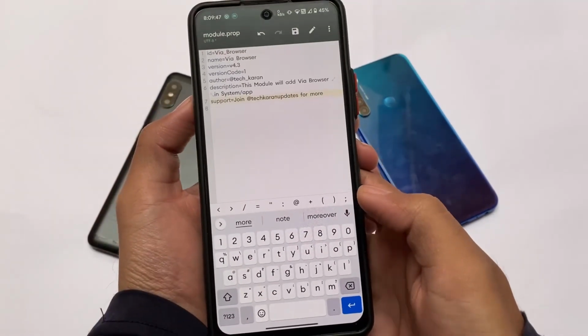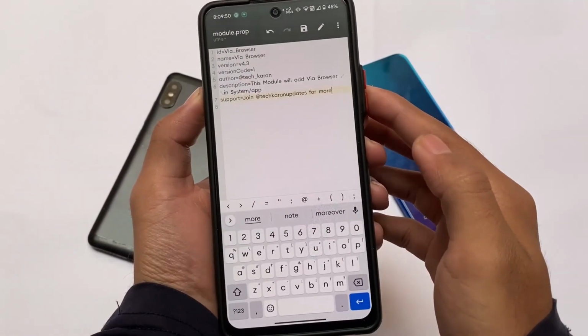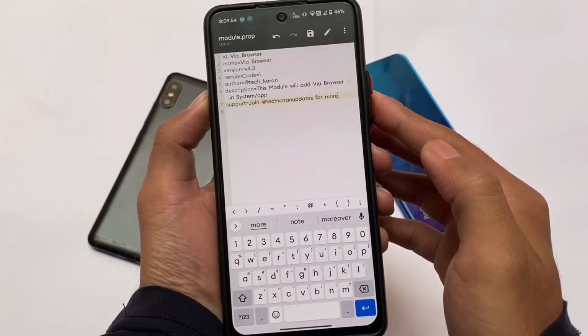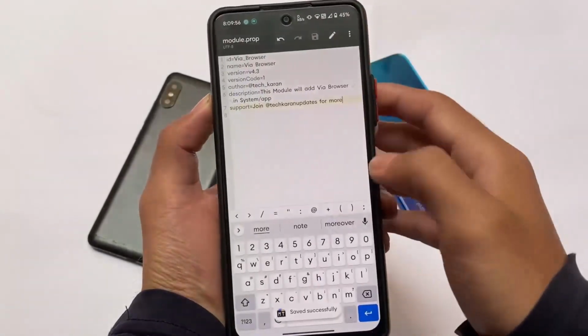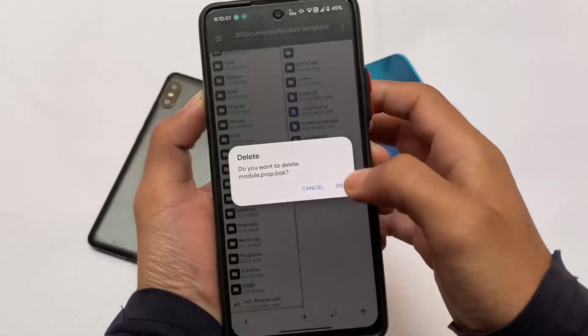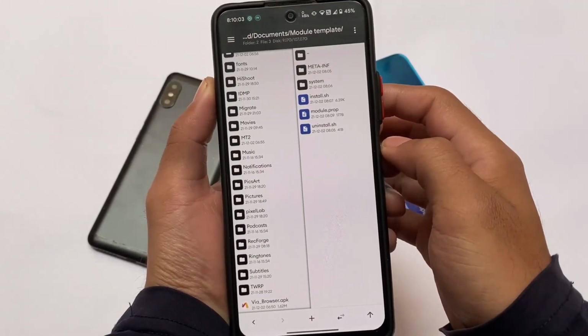What you need to do is, of course, save this file first, because if you don't save it, you need to write it again. So make sure to keep this in your mind. After writing all these things, click on verify and you're good to go. You are saved. Now go back and delete all the backup files, whatever you have. You're good to go. Now everything is done.